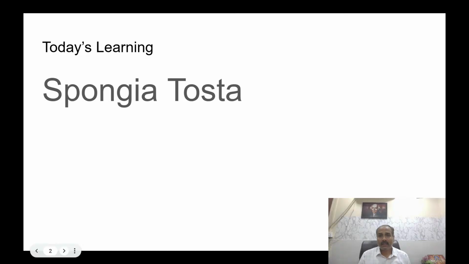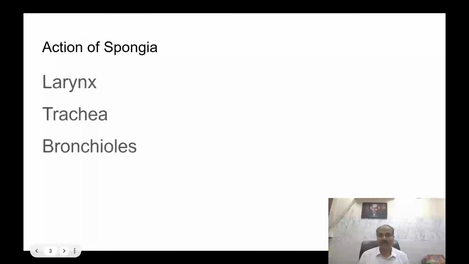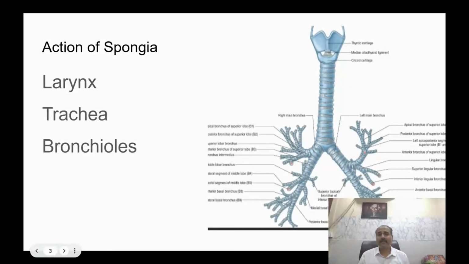If you are there till the end, you will understand what is there in Spongia tosta, which Dr. Nash wants us to understand and ponder over and implement in our clinical practice. The first thing which we should know, which Dr. Nash tells us, is that the action of Spongia as a remedy starts from the larynx, goes downward, so this downward activity of the